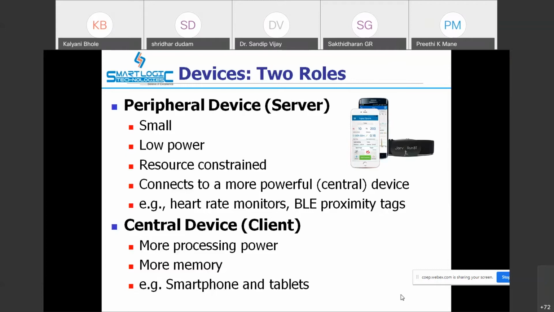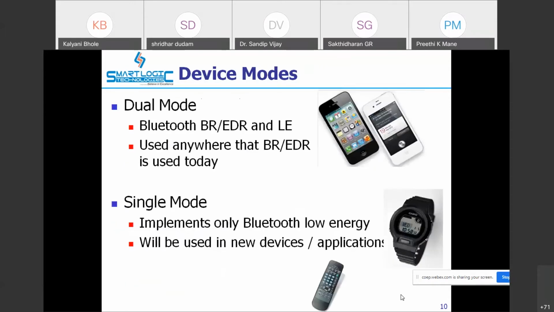Every time the smartwatch is sending the data to the client, so the client has to access the peripheral device whenever you want to receive the data. Two roles are there: the BLE communication takes place between the server and client. Servers are nothing but the peripheral devices, and the clients are nothing but the central devices.